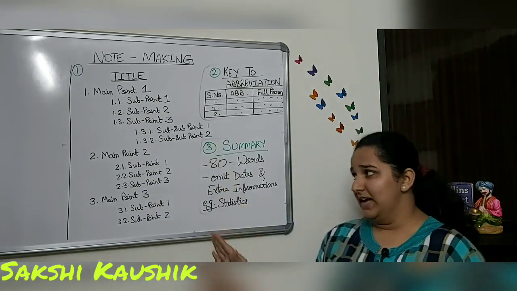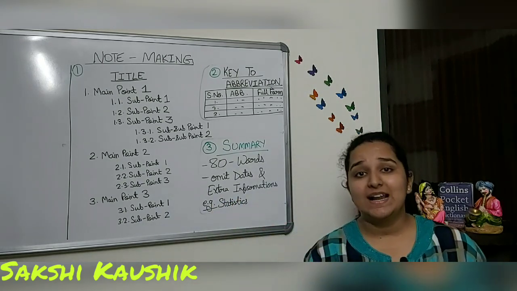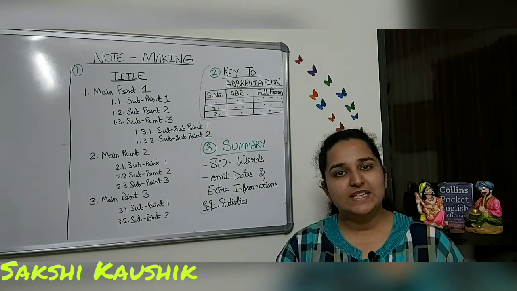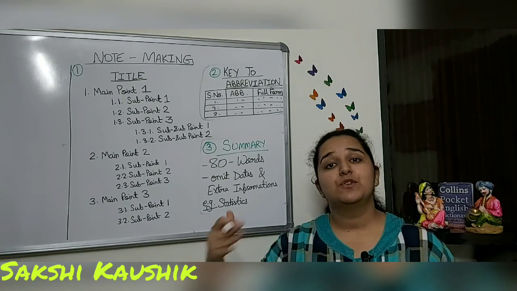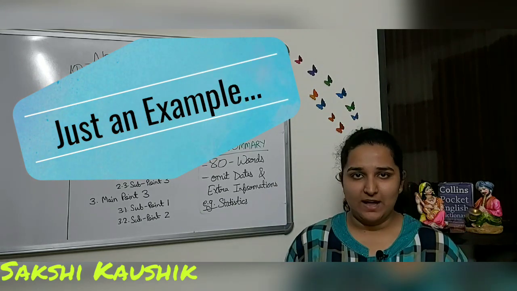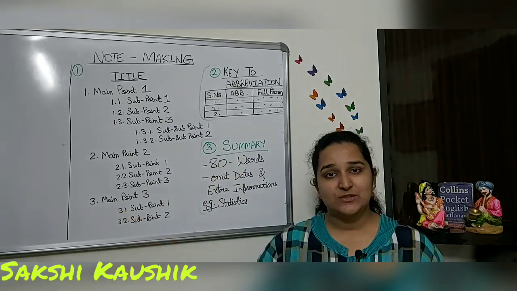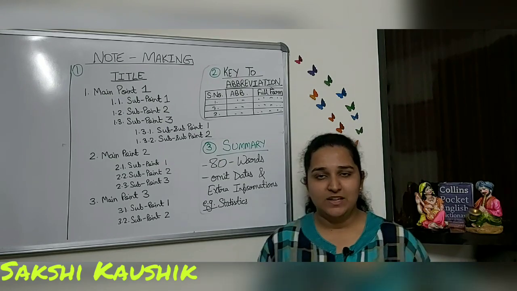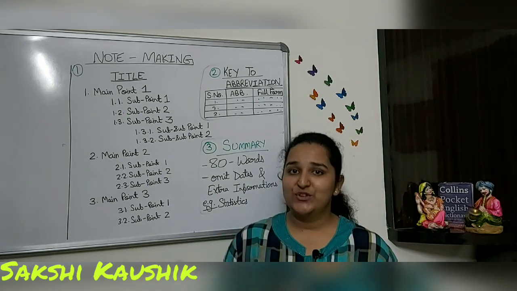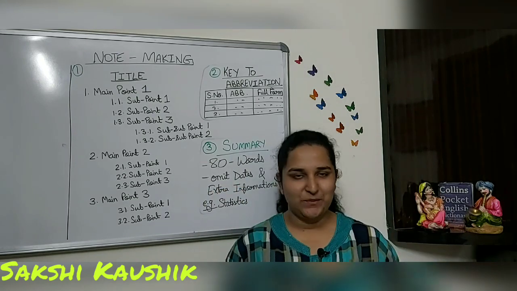So I have written the format down, but before moving on to these theoretical things, I'll read out a very small paragraph to you. So I have taken an example. I've written this para myself. So I've taken it as an example of the paragraph you would get probably in your board exam or school exam or any kind of exam. So don't think the paragraph that I'm going to read and the paragraph that you're going to get in school would be at the same difficulty level, because I've taken a very basic and extremely easy and interesting para. This is because so that we can learn it in a much more interesting way.